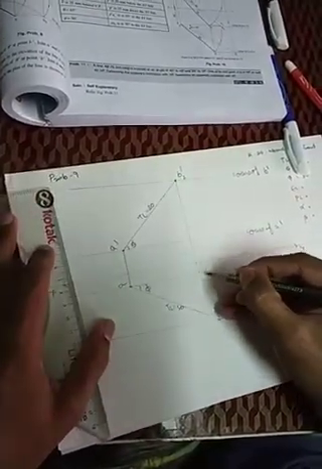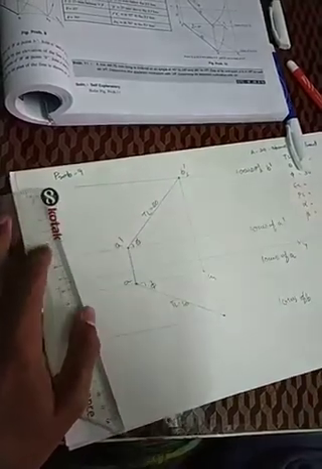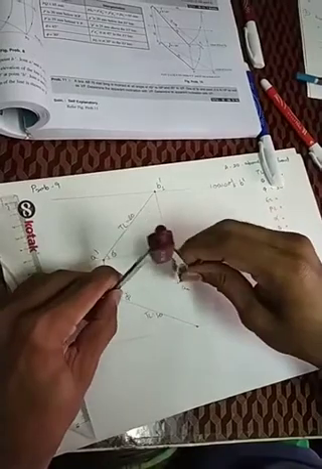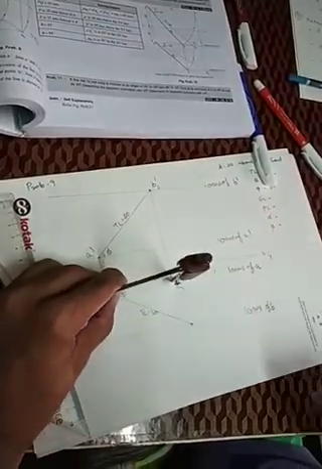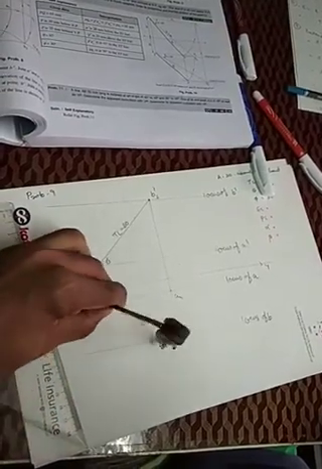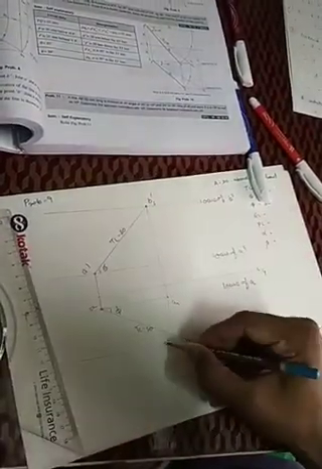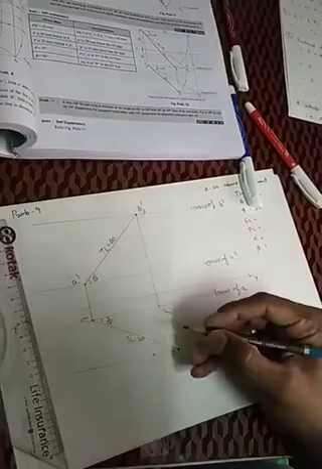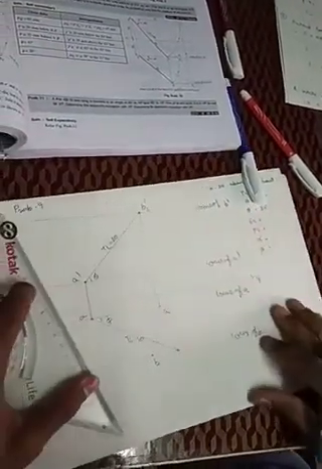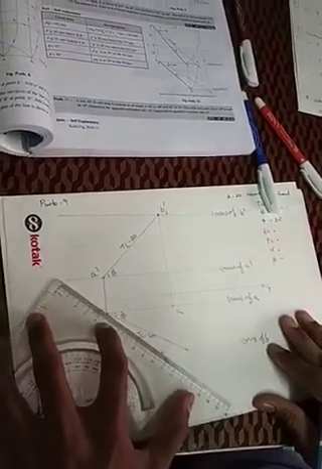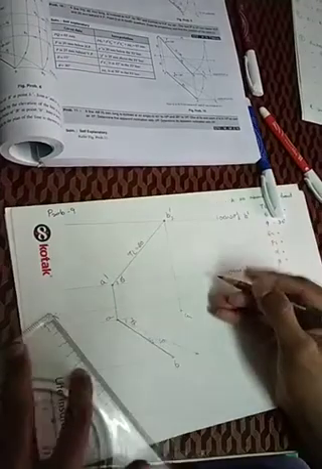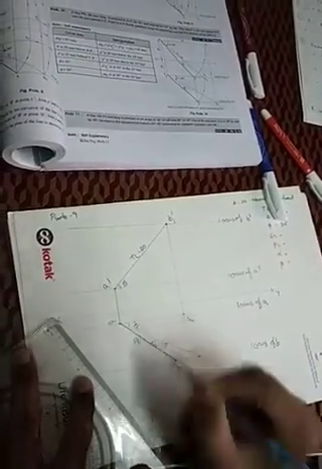You can write this point as your A1 point, and from that A1 point you have to rotate. You can rotate it from A to B. If you are at the locus of A, you have to rotate till the locus of B, right? So this will be the point, and this point can be written as B. Now you have to join this A point with B. So A to B, right? This will be my plan length.